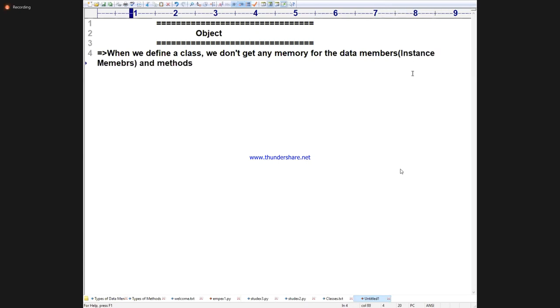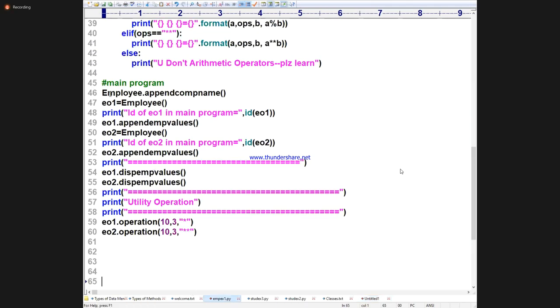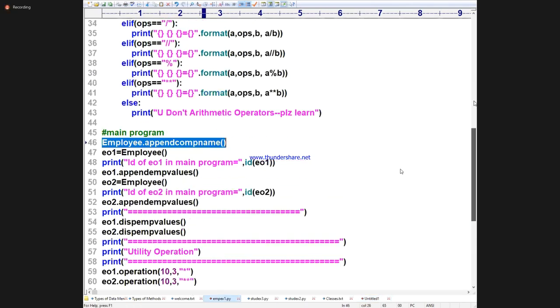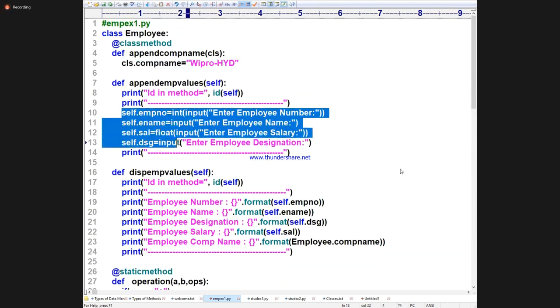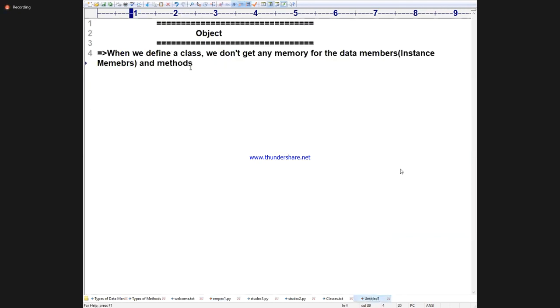Why, sir, only instance data members? Because class level data member, you take it, how I am calling? With respect to the class name only I am calling. See, Employee dot company name, it will go to the company name, and memory space is created. But for this self-related things only, memory space will not be created. Plus methods also: instance methods. Of course, whenever you call the methods, then only memory space is created. In advance, memory space will not be created, especially in Java as well as Python and .NET. In C language, that will happen.